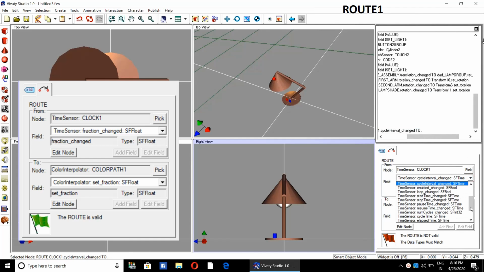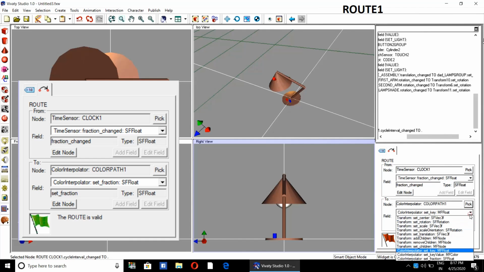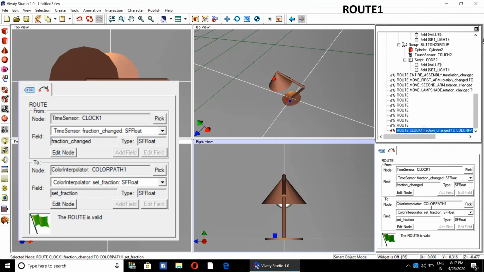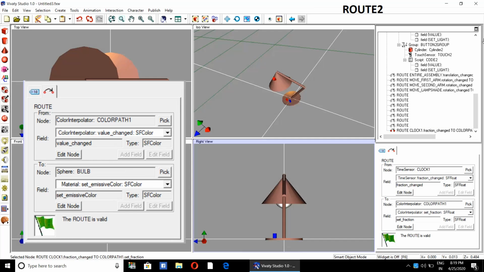Then the time sensor fraction changed SF float. Fraction changed SF float. Yes, it is the required route.